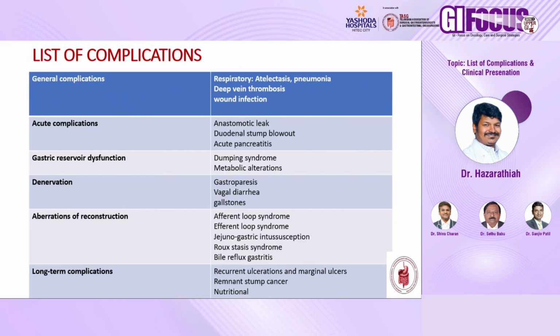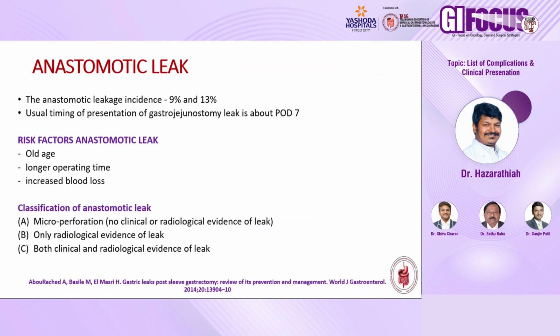And because of aberrations in the reconstruction, there may be afferent loop syndrome, efferent loop syndrome, jejunogastric intussusception, Roux stasis syndrome, and bile reflux gastritis. And there can be long-term complications like micronutrient and macronutrient deficiencies with recurrent ulcerations and stump malignancies. So anastomotic leak incidence is around 9 to 12%, and with laparoscopy it is decreased,